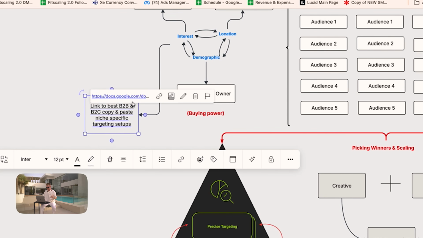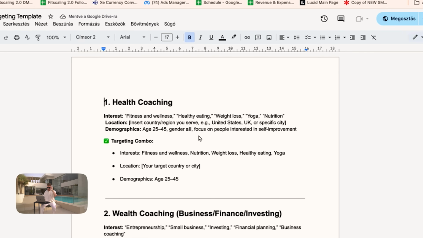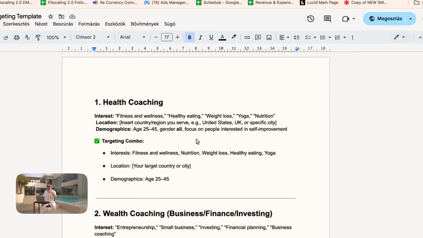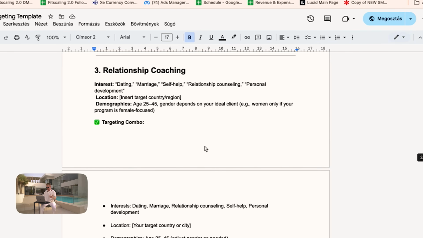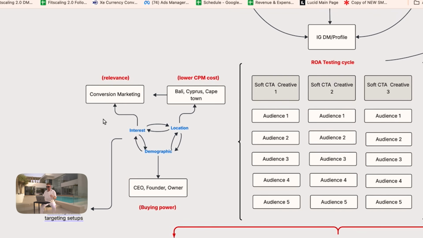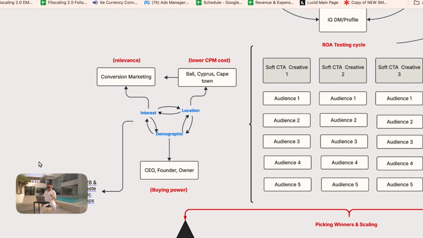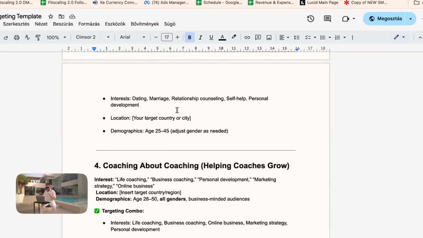Now, right here, if you can check it out, we literally created a copy-paste targeting setup, okay, for every main niche, right? The health coaching niche, wealth coaching niche, the dating coaching niche, hobby coaching niche, right? Any kind of service provider, this is literally a copy-paste, right? So if you want this and you want to understand how to actually create profitable ad campaigns for $5 a day spent on that with the perfect targeting, then send me a message. I'm going to send this entire document over to you, and you are going to be able to know how to exactly target it in.